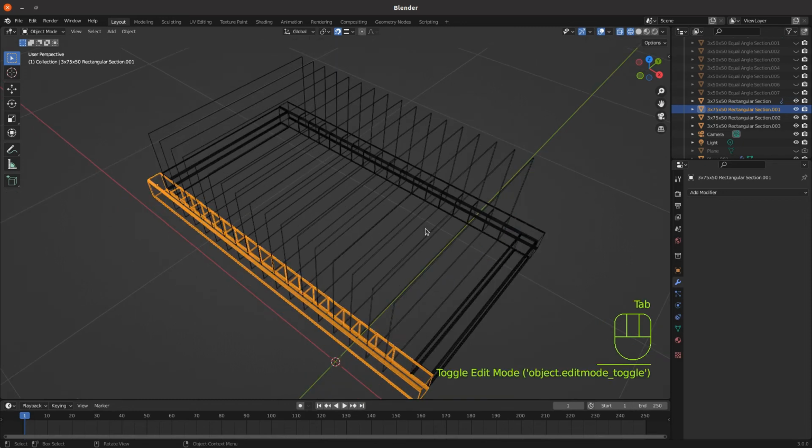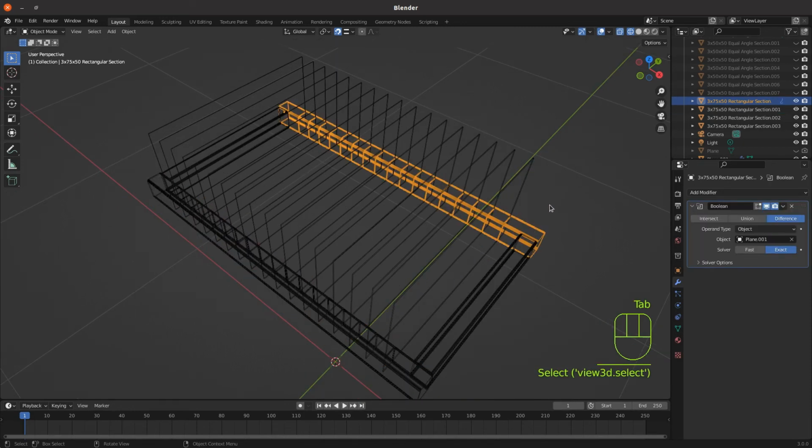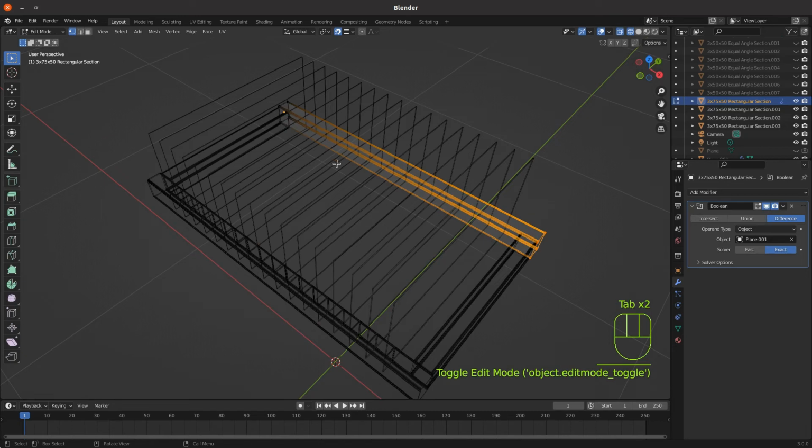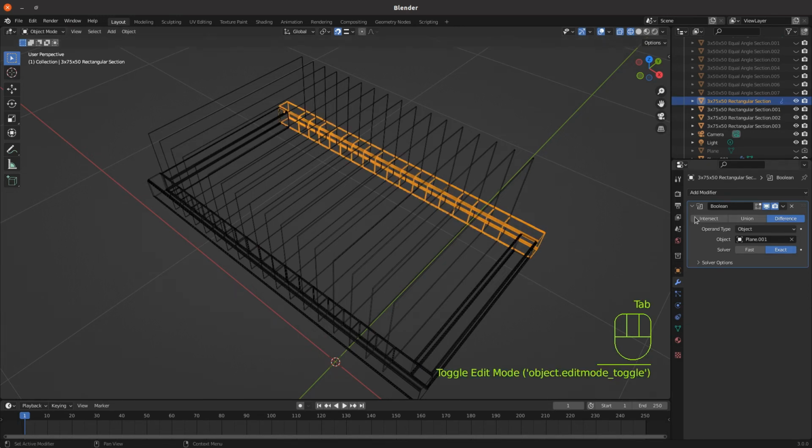If we tab back into object mode and select the back one, and then tab into edit mode, you'll see they're not there because it's currently only the modifier that's creating those cutaways. So tab back into object mode, and then in the modifier panel click the drop down and apply. So both of those have now got the cuts made